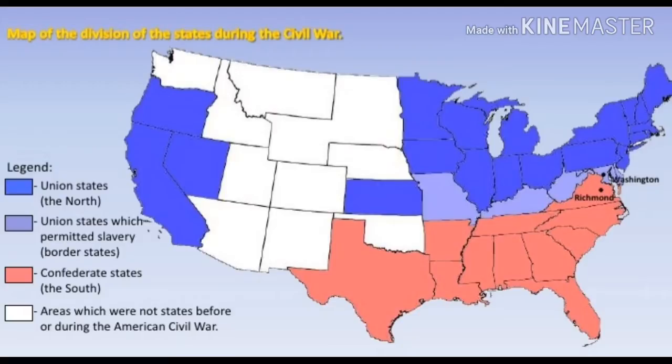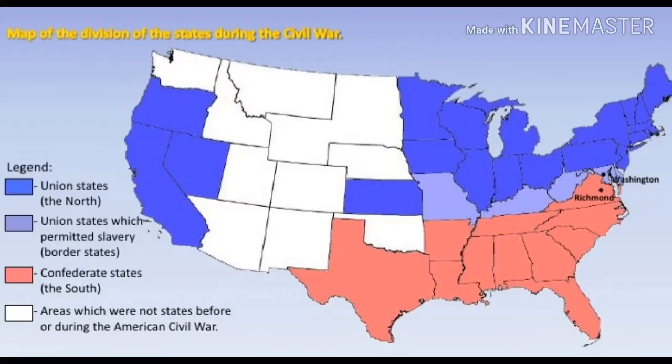The North was much stronger than the South. It had a population of 22 million people. The South had only 9 million people, and 3 million of them were slaves. The economy of the North was based on business and factories, without the need for slaves, because they thought it was not right. In the South, the economy was based on agriculture and farming, depending on slaves to work